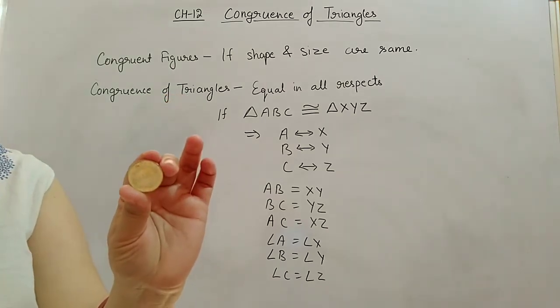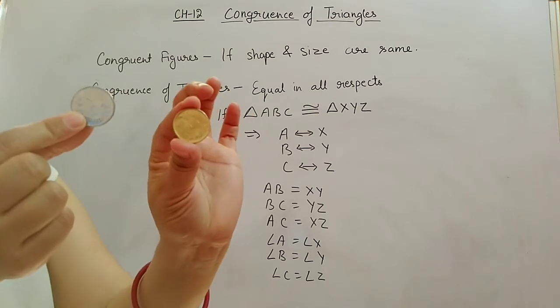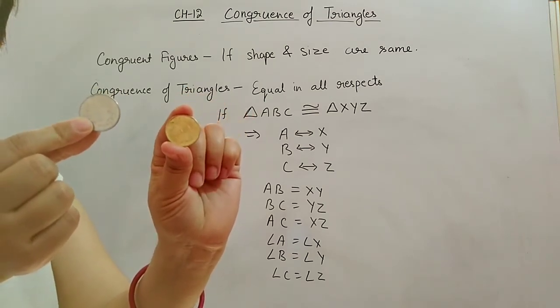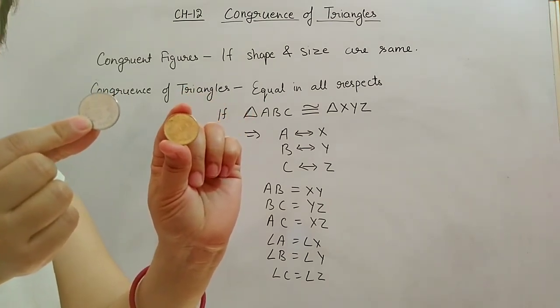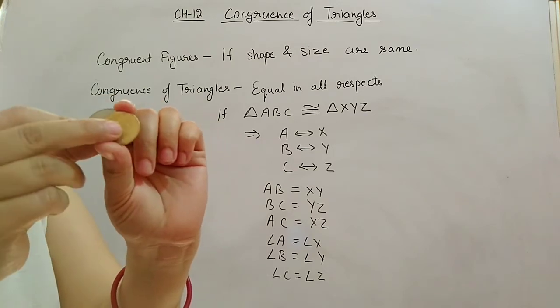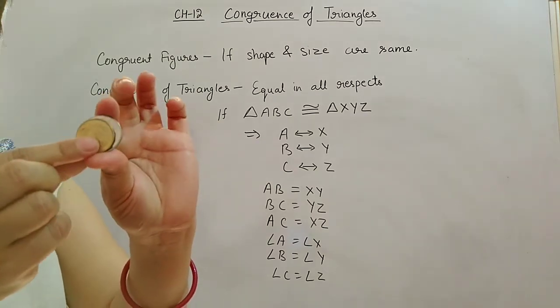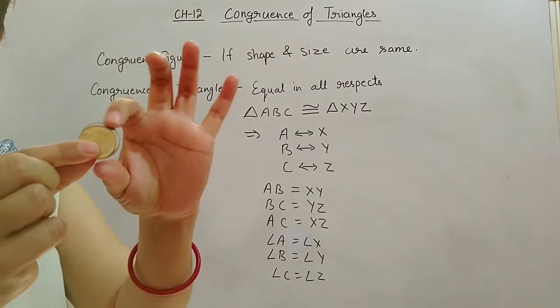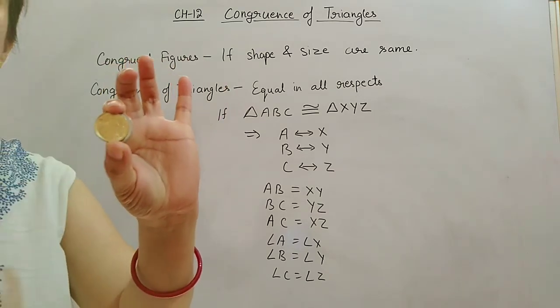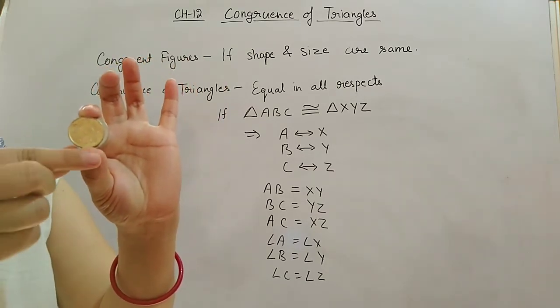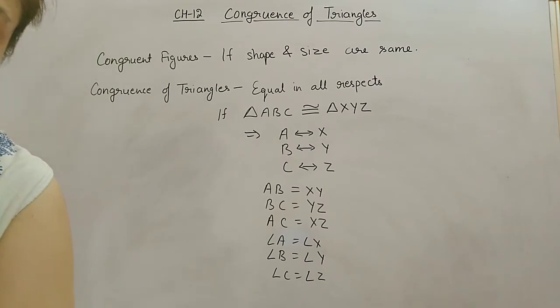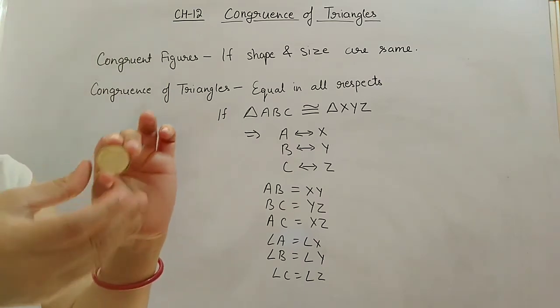And for example, I have another coin. These two coins, you can see the shape is the same but the size is different. If I overlap them, then these two coins will not overlap exactly. Some part will be left out here. So this type of figure we call similar figures, and if it overlaps properly, then we call